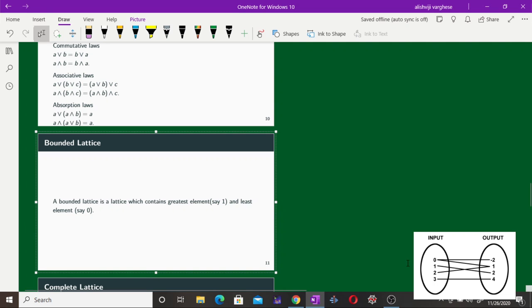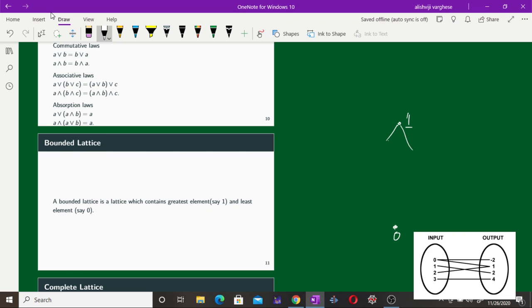Now, we can classify the lattices based on some of its properties. First one is bounded lattice. A lattice is said to be a bounded lattice if it has the greatest element and the least element. So, if we have a finite set, then there is a greatest element, and that greatest element is usually denoted by 1, and there is a least element which is denoted by 0, and